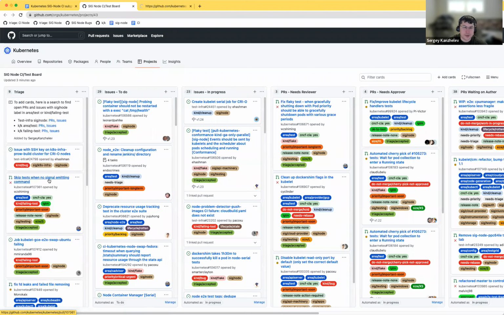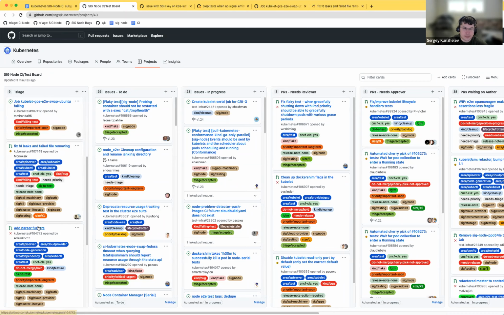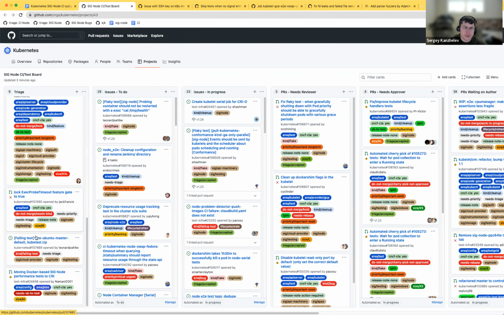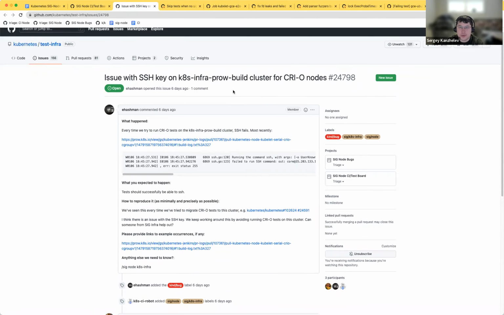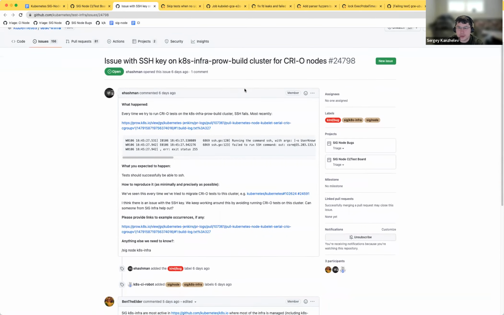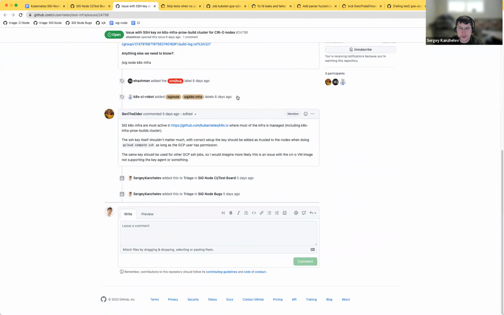First, there is some triage needed. Issue with the SSH key. Lana, is it for us or is it for infra?